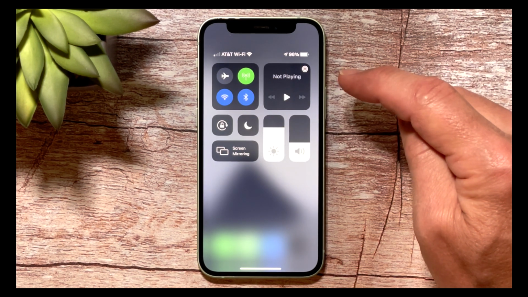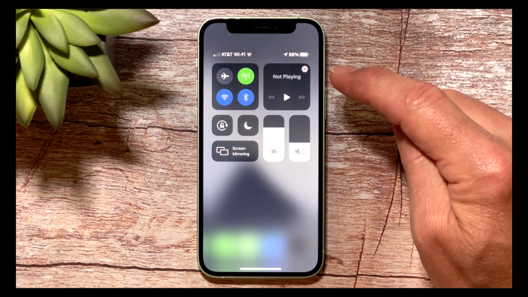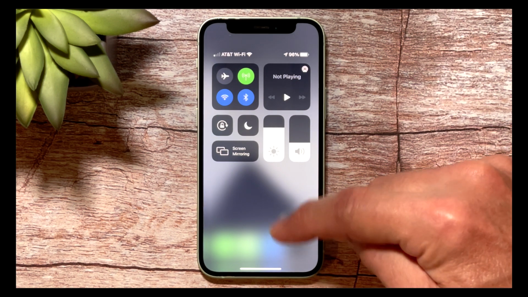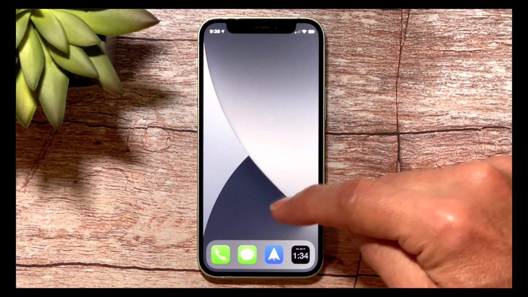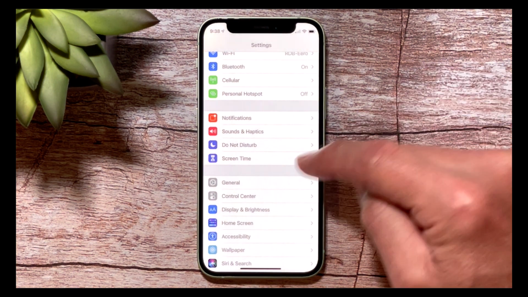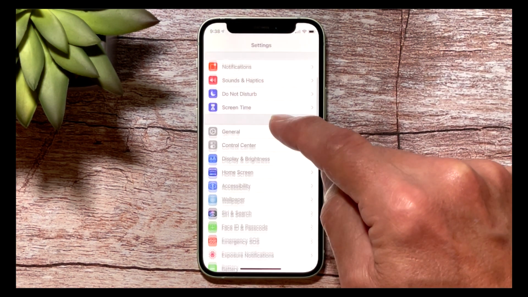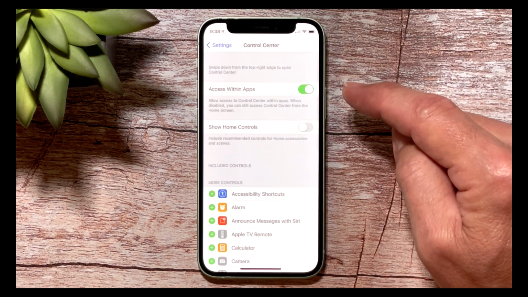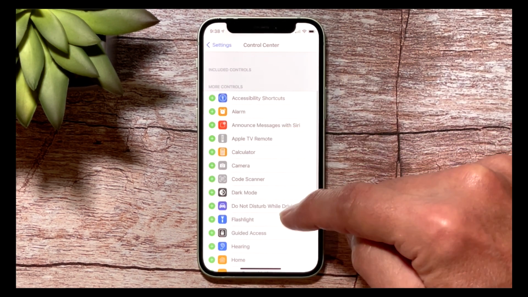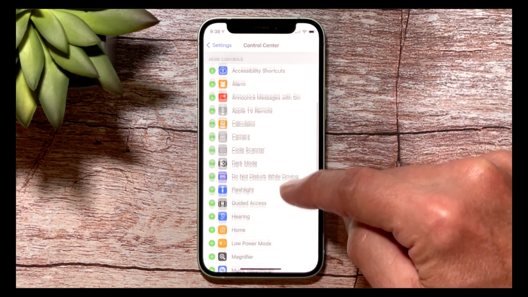You can't remove these. These are always there. But you can customize Control Center. So let me show you how to do that. You go to Settings, and you scroll down to Control Center, and now you have a whole bunch of different apps that you can put into Control Center. For example,